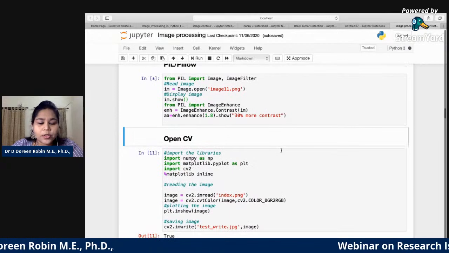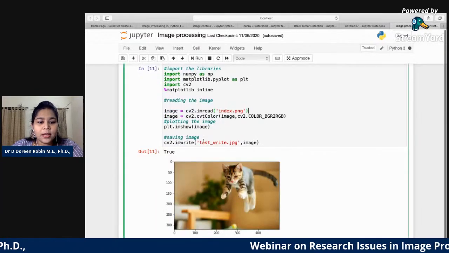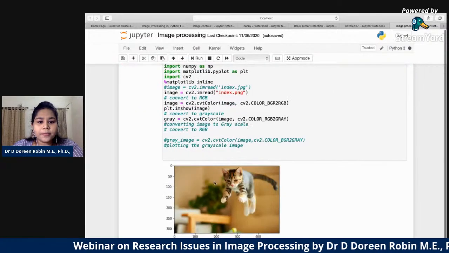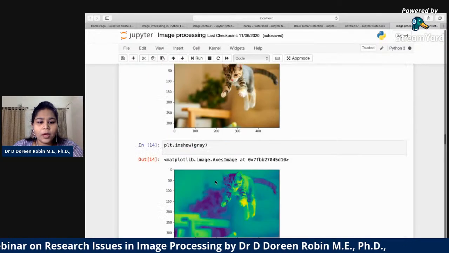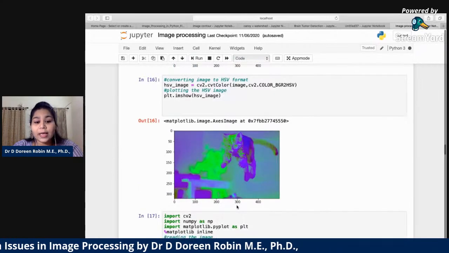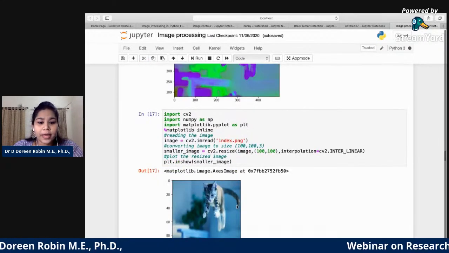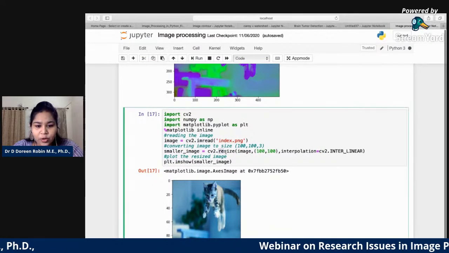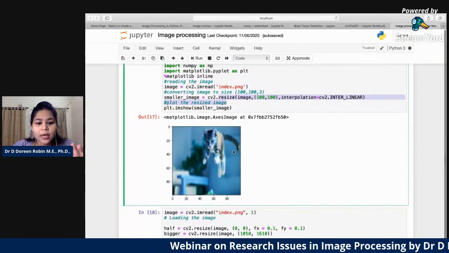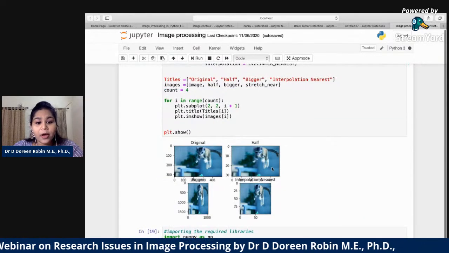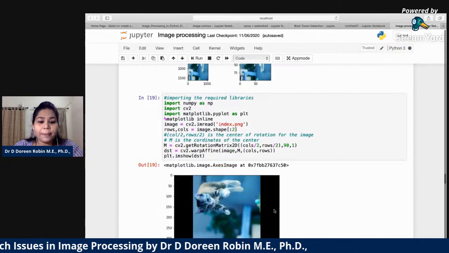Okay, so I showed you about OpenCV, right? How to read an image, and how do you convert it to grayscale? The same example I showed you with the thumbs up image. Thumbs up, this is the resize. I told you about resizing of an image. I can make it original, half, whatever it is, according to my application.